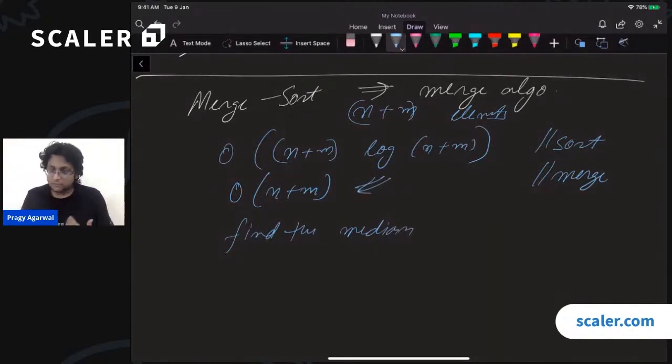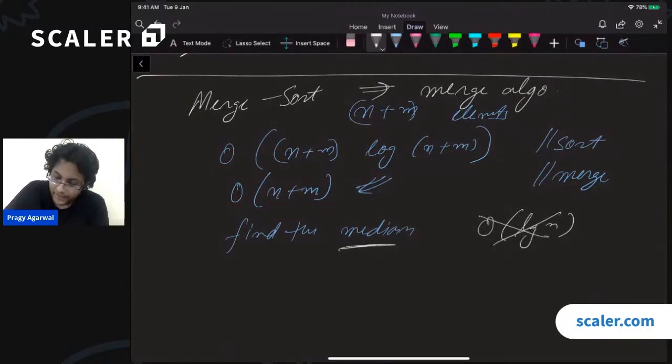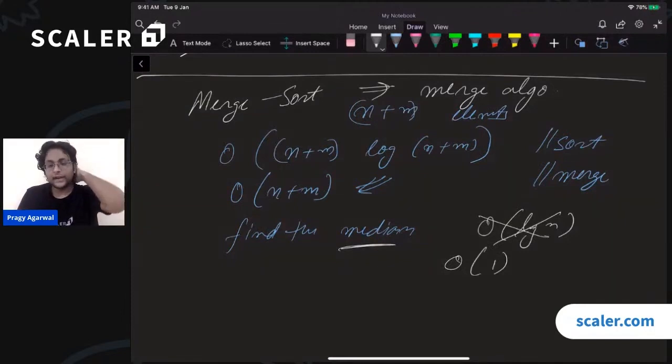So suppose that I have merged both the arrays. After that, how much time is it going to take me to find the median? Is it going to take order of log n time? No, right? Finding a median is just order of 1. You just have to look at a of mid. If the number of elements is even, you just have to look at a of mid and a of mid plus 1. So finding the median takes just order of 1 time,